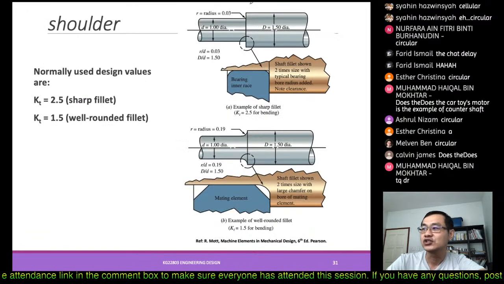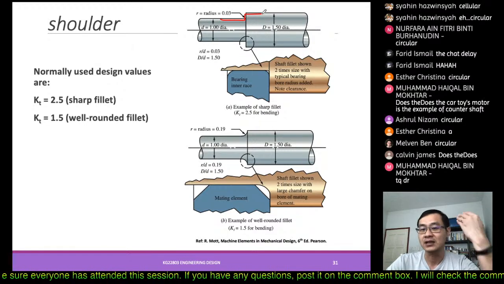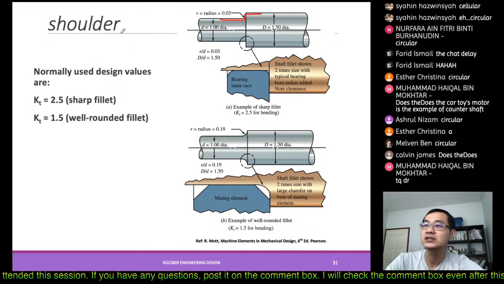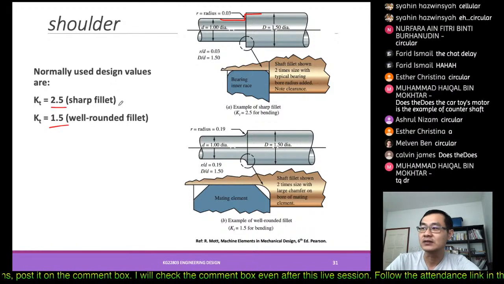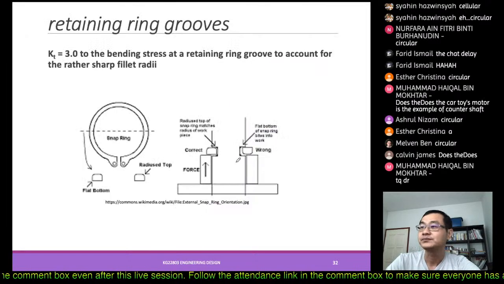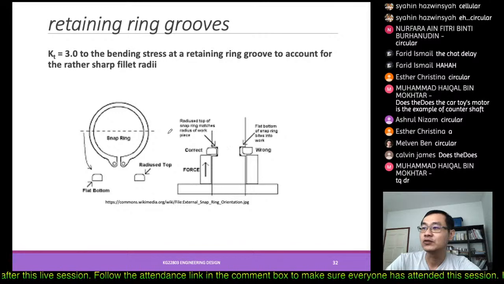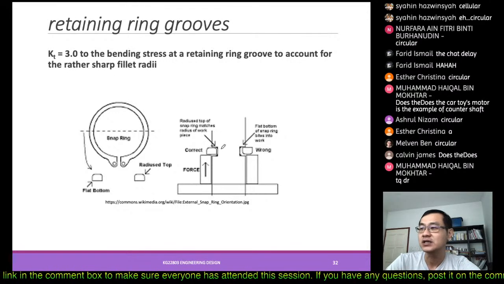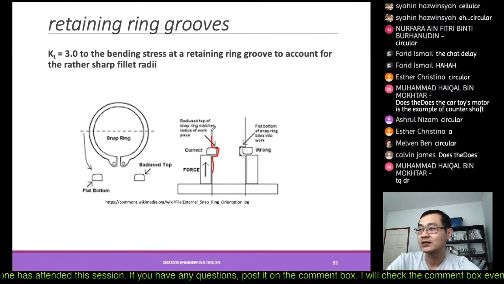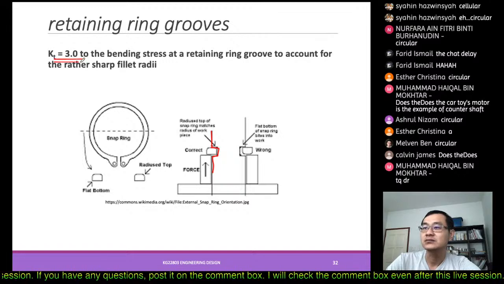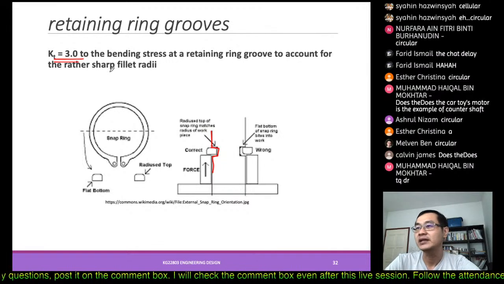For a shoulder, the step itself, again these values are different, depending on whether it is sharp or round. Then we also may want to put in a ring to fix the locations. Then we may cut a groove on the shaft itself, in which case we put a very high